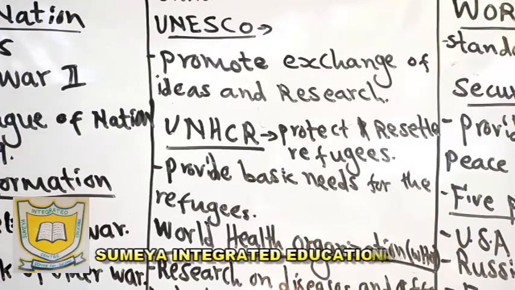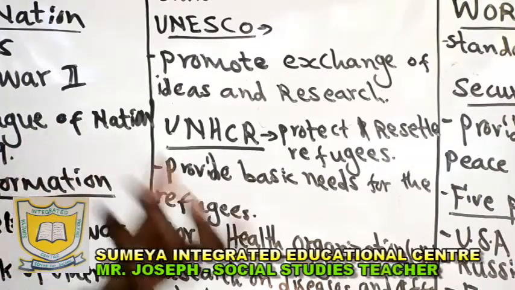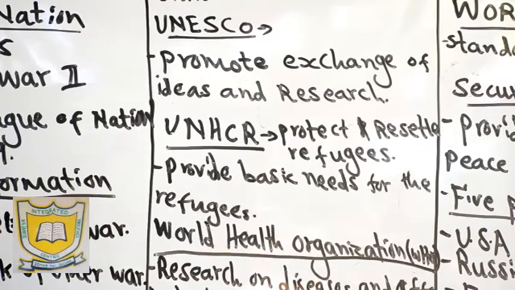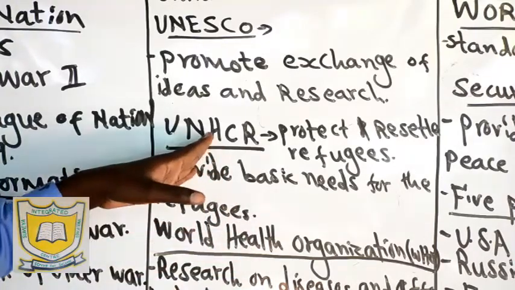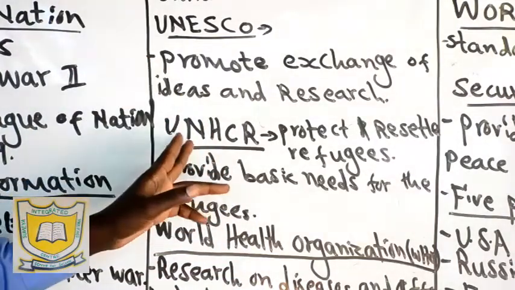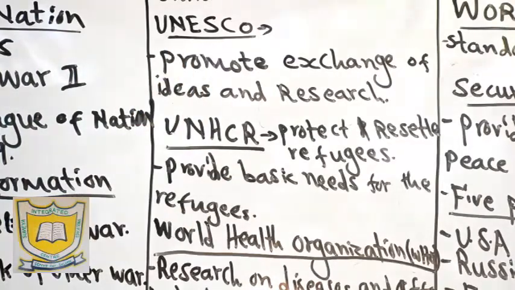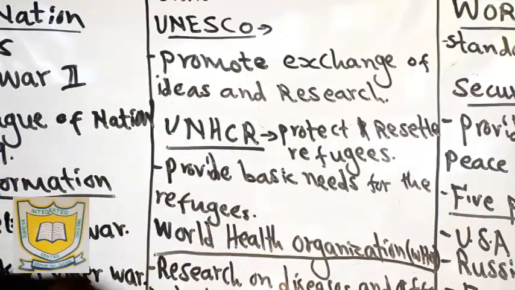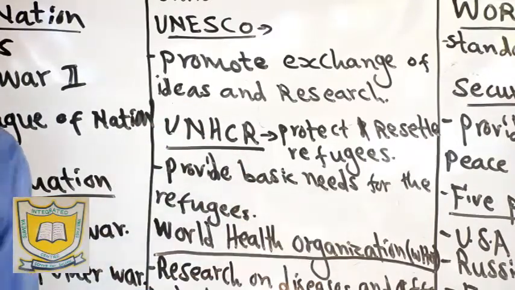Refugees are those people who have run away from their countries to other countries because of civil war or hunger or even calamities like floods and so on. So those are what we call the refugees. So the main role of UNHCR is mainly to protect and resettle the refugees and also provide the basic needs for the refugees in their